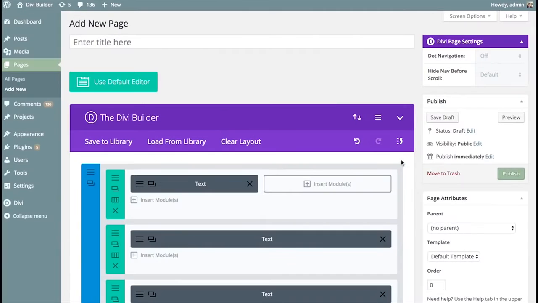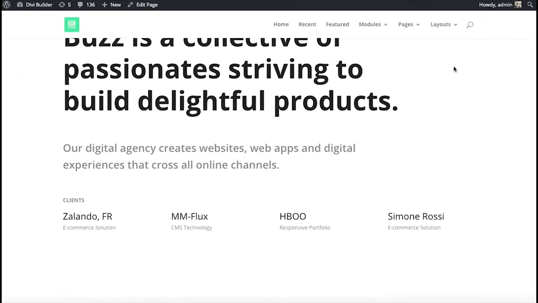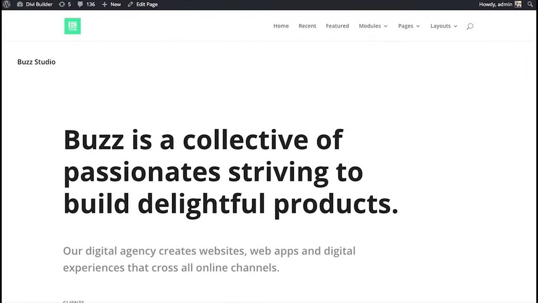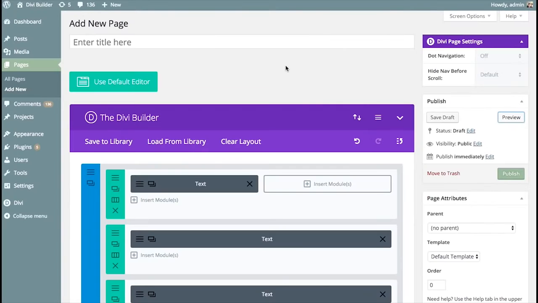I can preview the page, and everything's ready to go. So that's how importing and exporting Divi Builder library items works. And like I said, this is a really cool feature. It's a great way to kind of jumpstart new projects, and I think that the more you build up your